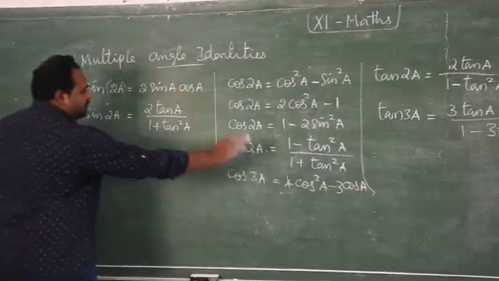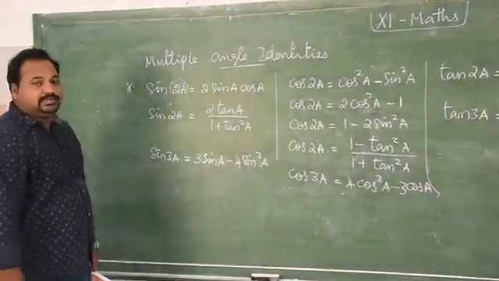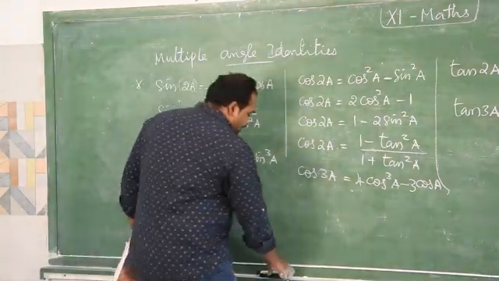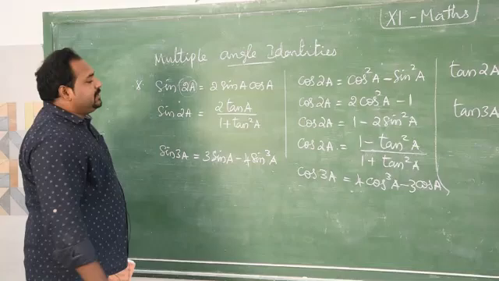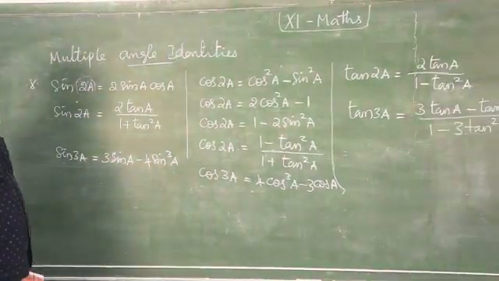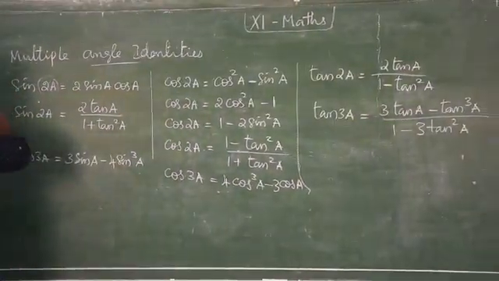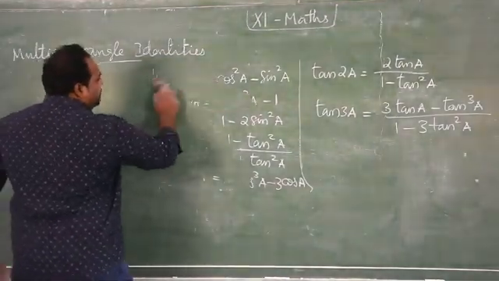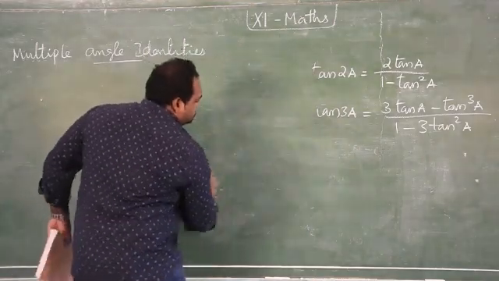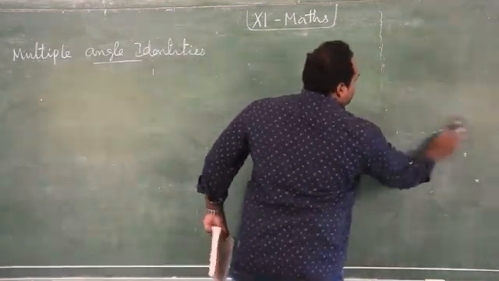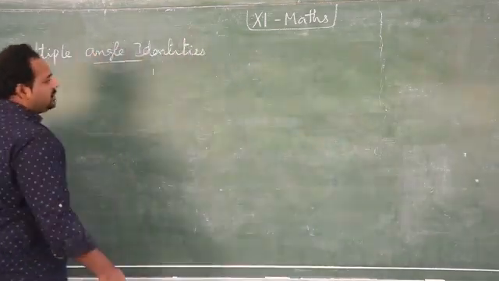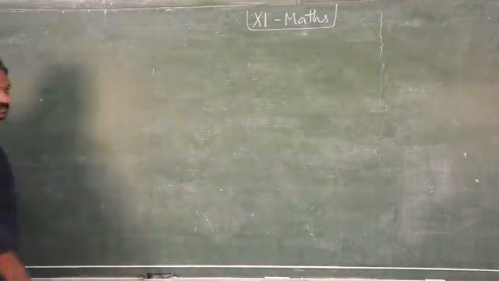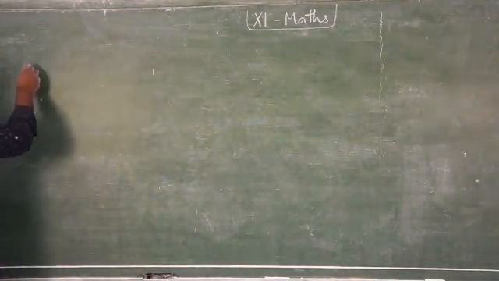Here, these are very important identities. You have to memorize all the identities because we are going to use all of them in various problems. Next, we can go for the half angle identity. I'm going to rub this out to write the half angle identities. Just copy all these identities in your note and memorize. Otherwise, you won't be able to solve the problems in the remaining exercises. So they are all very important identities.